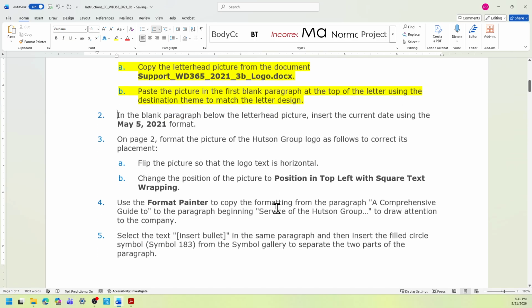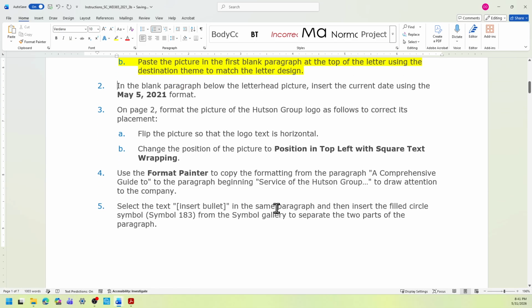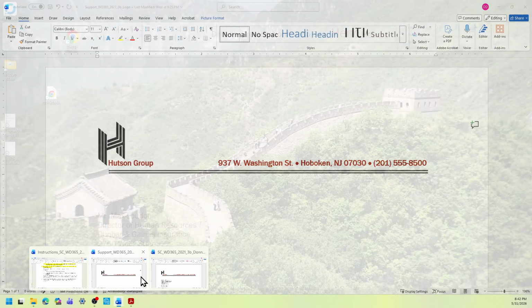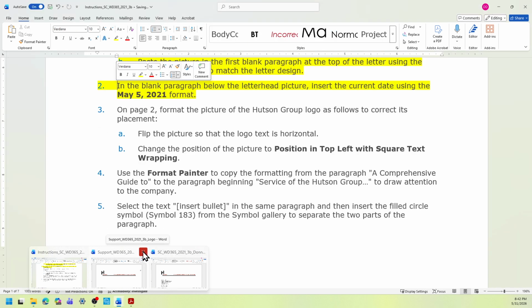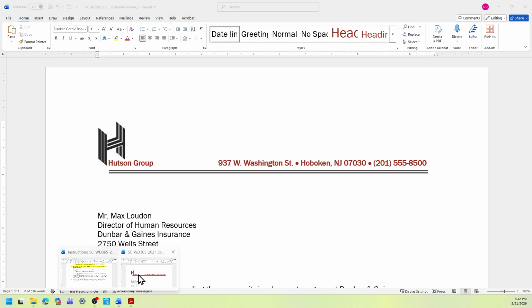So for step 2, in the blank paragraph below that letterhead picture that you just pasted, you're going to insert the current date using the May 5, 2021 format. Back to your start file. I'm going to now close the support documents.